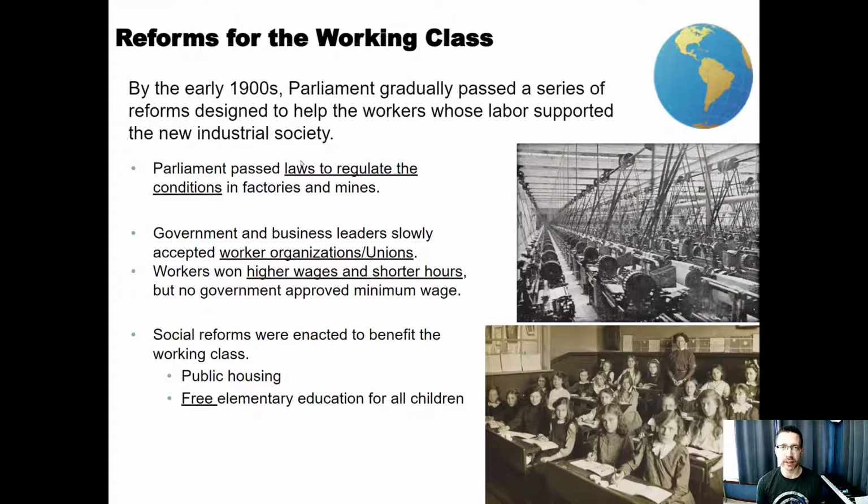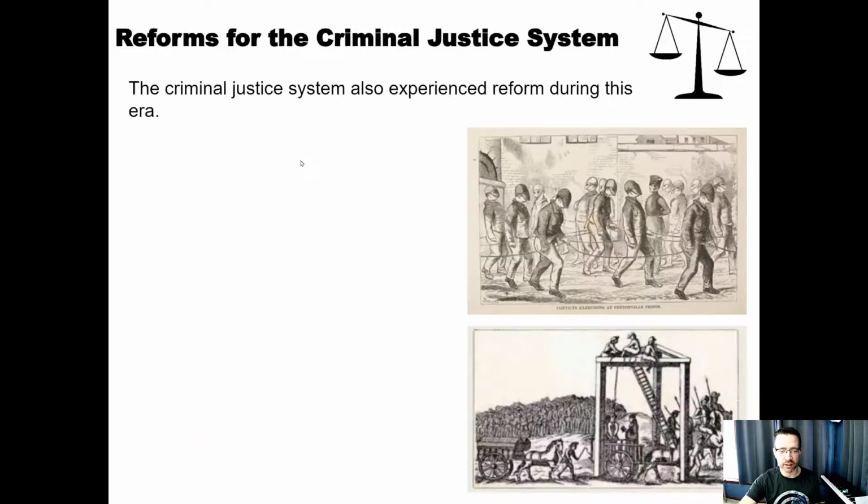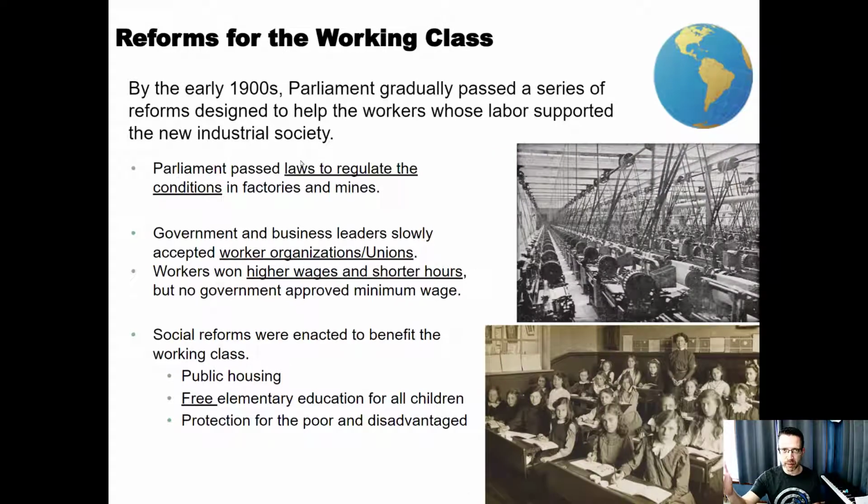Even around here, my grandma went up to sixth grade, and my grandpa went up to eighth grade. That was it. And that wasn't that long ago. That was here in Fowler and Palamo where they grew up. So, yeah, I know it's kind of funny to think like that, but then there's just more protections for the poor and disadvantaged. When you see a middle class grow, when you see unions and organizations like this, they usually end up benefiting the larger population.